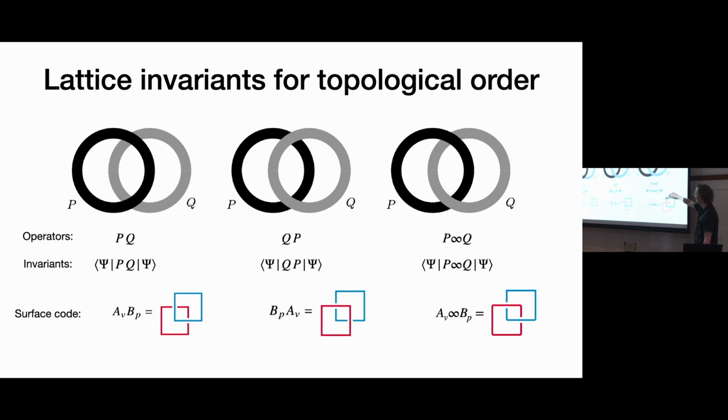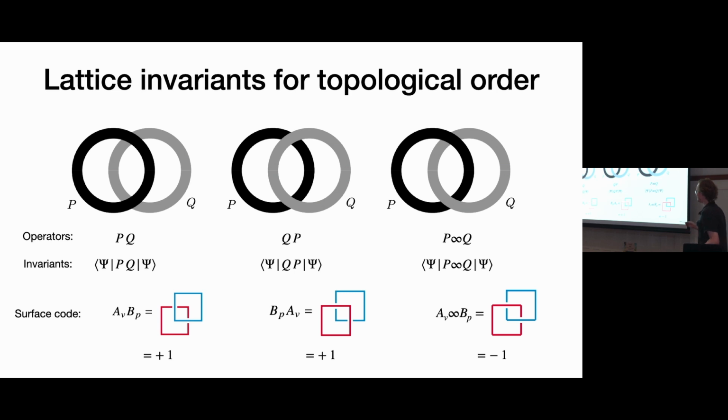you kind of apply half of the red one first, then half of the blue one, then the other half of the red one, the other half of the blue one. And they end up being kind of interlinked in this funny way, which just basically tells you that you have something like xz on one side and zx on the other. And so to return this into the form of some stabilizer, you need to commute an x past a z. It just picks up a -1. And then when you take the expectation value, you'll have -1 times a stabilizer.